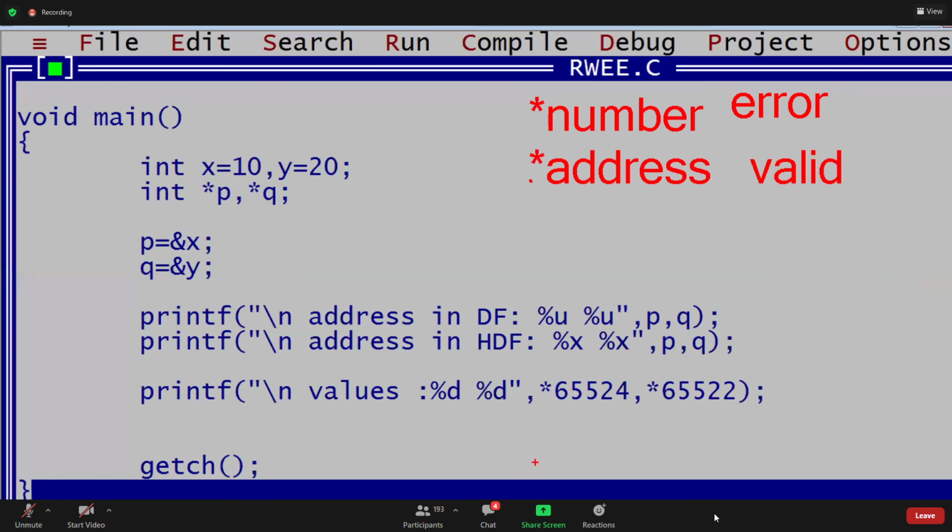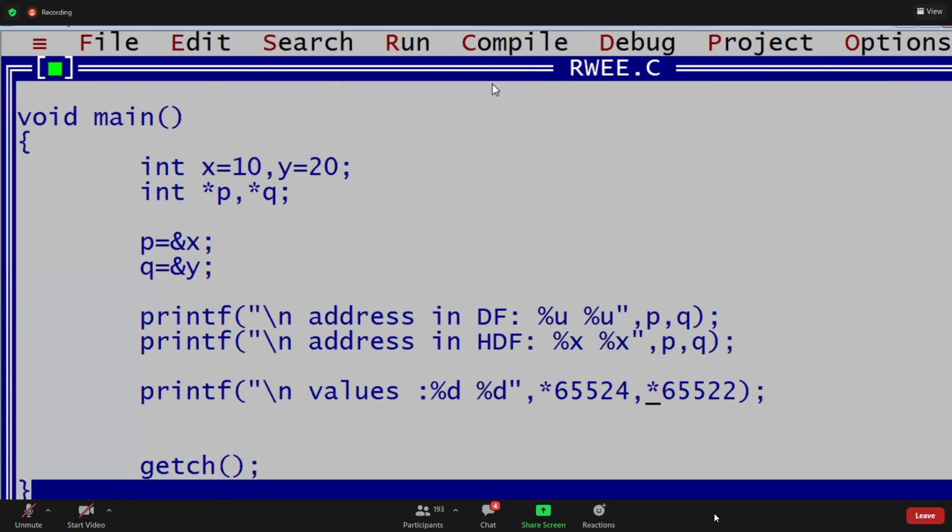Star address is valid, for example star 65,524. This is an address only, right? But 65,524 is an address for us, and this compiler takes it as a number. That's why it is giving an error, guys. Star number is invalid indirection. Clear? Compilation error.